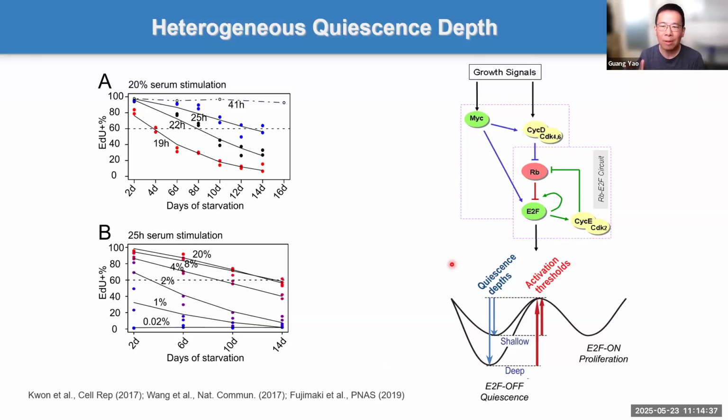So the RB-E2F cyclin CDK network can perform like a bistable switch. Then importantly, the activation threshold of this bistable switch determines the depth of quiescence. When we run simulation, we can see the threshold has no shallow and deep. It's really a continuum. And we have started to identify several pathways that crosstalk with this bistable switch and gradually regulate the activation threshold. So today I'll give you one example of many pathways that regulate and interact with this bistable switch system.